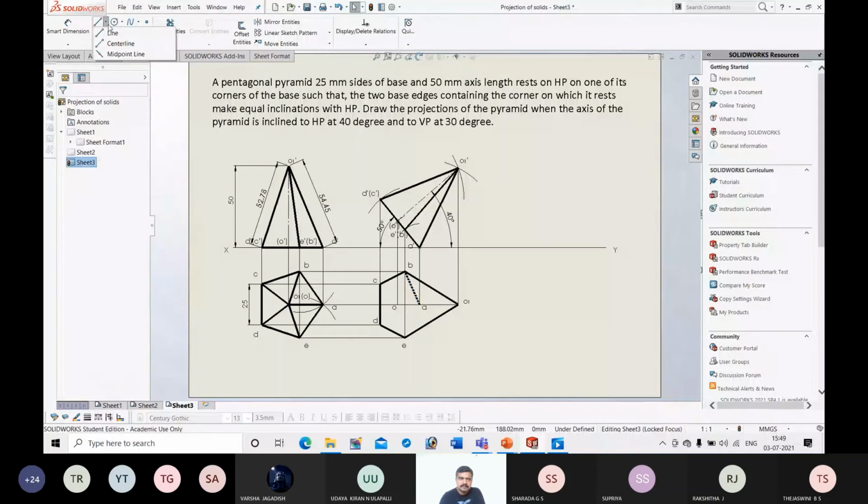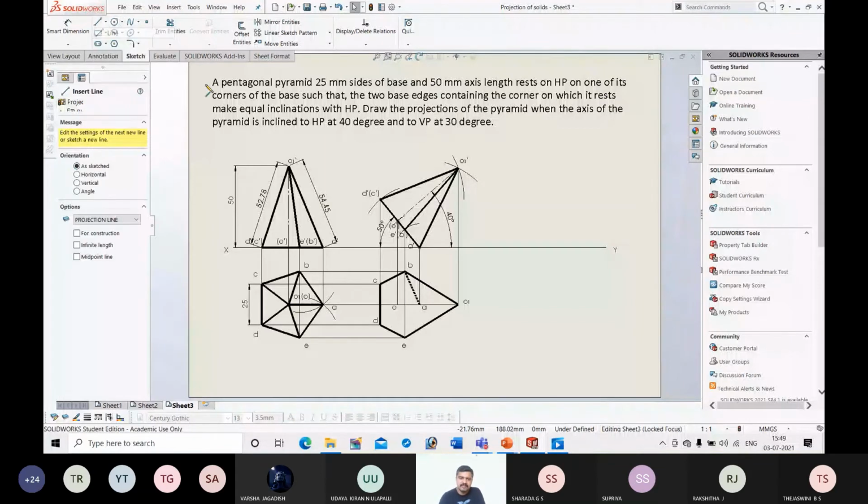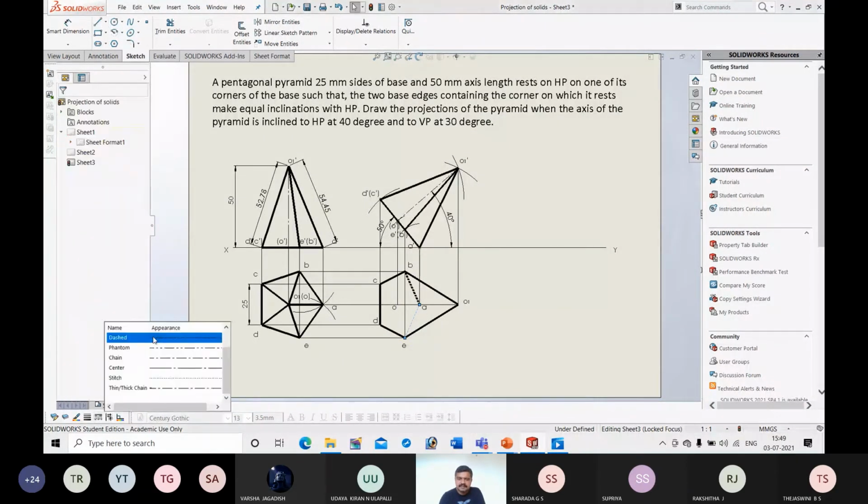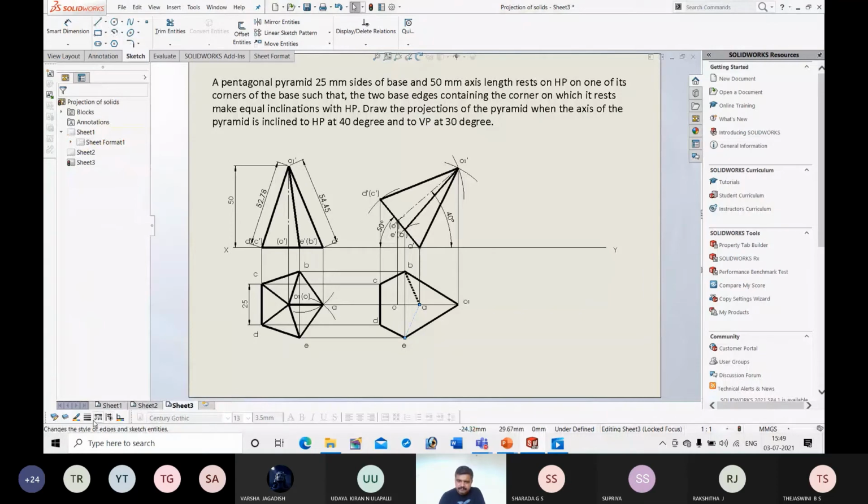Next B to C, already on the boundary. If it is on the boundary, whether it is visible or invisible, it should be a continuous line. Next, C to D is already on the boundary and already connected. DE on boundary, already connected. Next, E to A not connected, so now I should connect it with dashed lines. This is the second rule of visibility.